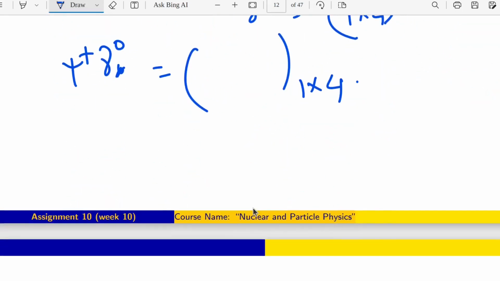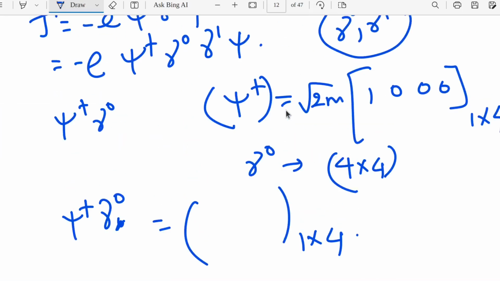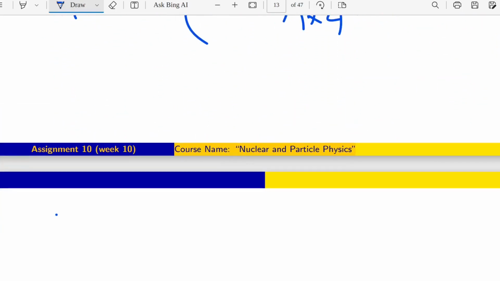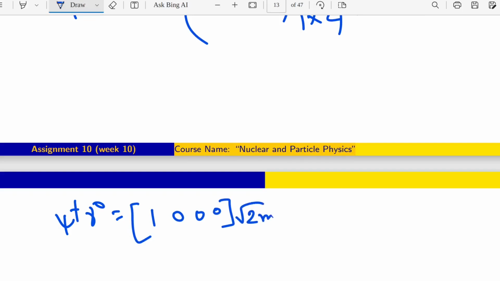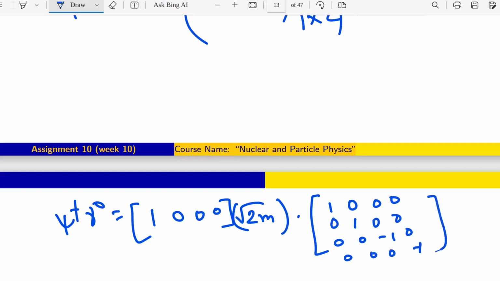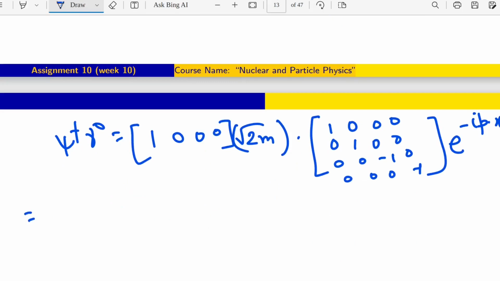So now we have to just calculate what the 1 by 4 matrix will be. So psi dagger gamma 0, let me first write 1 0 0 0. I am right now omitting that root over 2m part, or we can also write here root over 2m. And what is gamma 0? Gamma 0 is 1 0 0 0, 0 1 0 0, 0 0 minus 1 0, 0 0 0 minus 1, and there is also e to the power minus i p dot x. So if I just multiply that, it will come as e to the power minus i p dot x. Then you can see, if I am just writing here, it will be nothing but